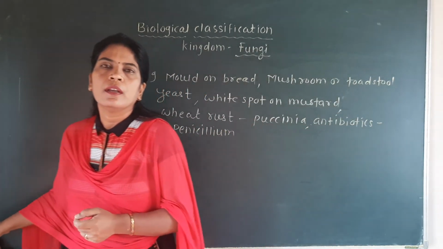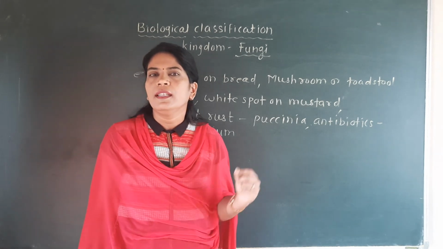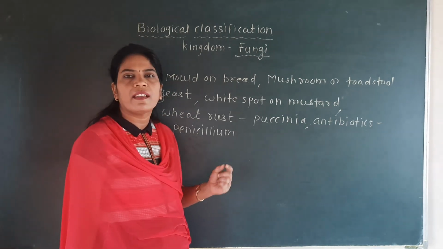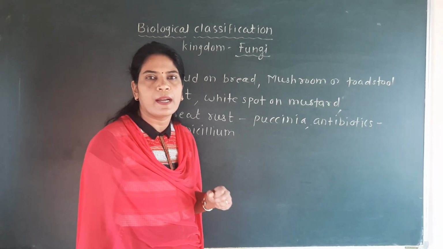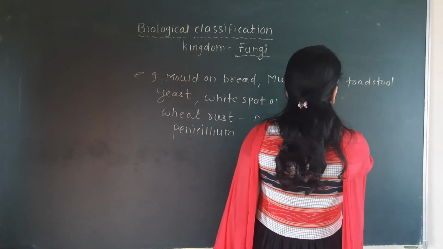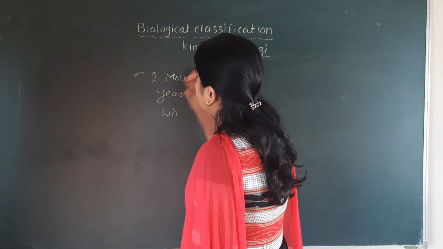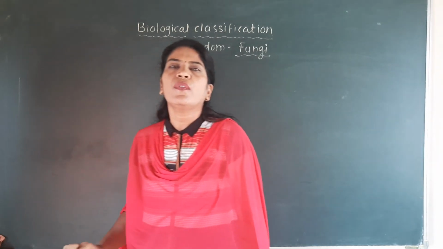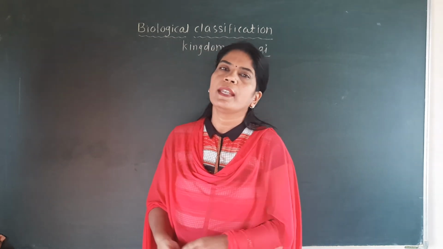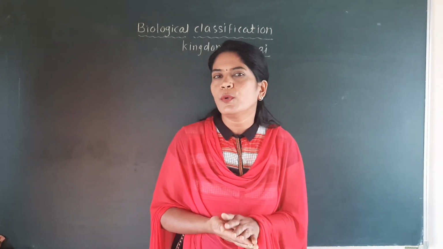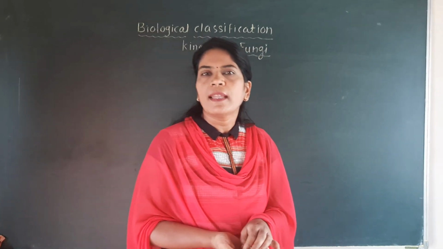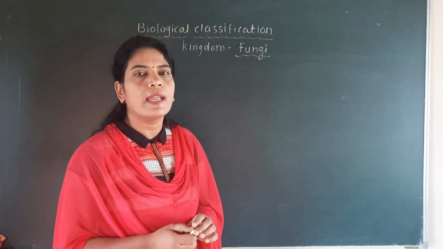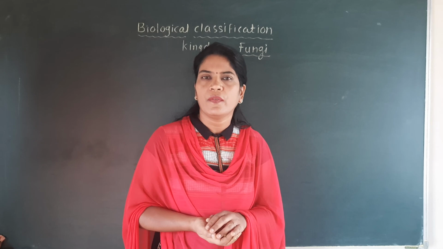So in today's lecture, students, we have completed the protozoan group from the kingdom Protista, and we have started the next topic, the kingdom Fungi. From this kingdom, some of the important parts we discussed today are the cosmopolitan nature of fungi, their warm and moist environment, and that the fungal body is made up of hyphae. Hyphae form the mycelium. Hyphae are of two types, coenocytic and septate hyphae. And now we have seen examples of fungi. Okay, in the next lecture we will discuss the next part of the fungi. Thank you.